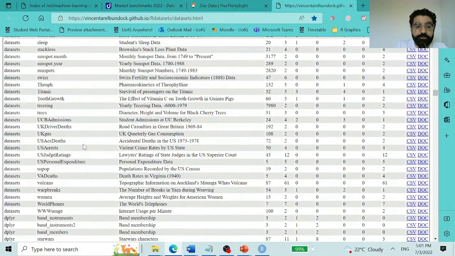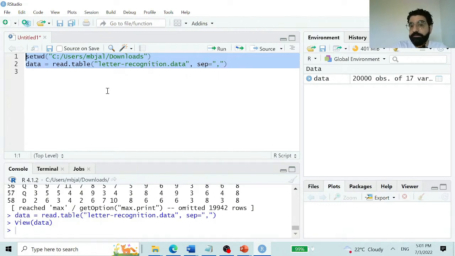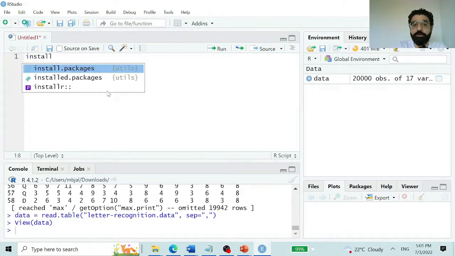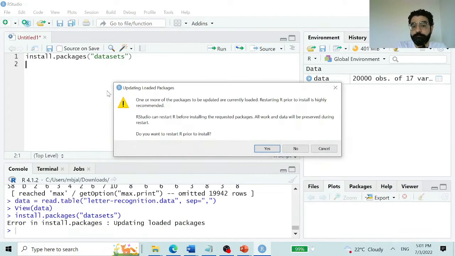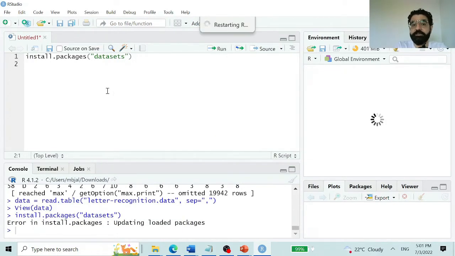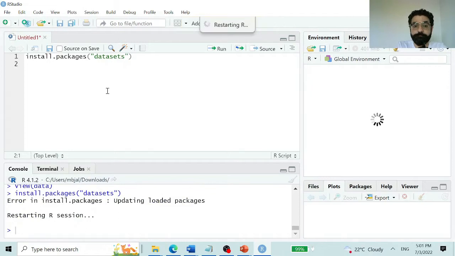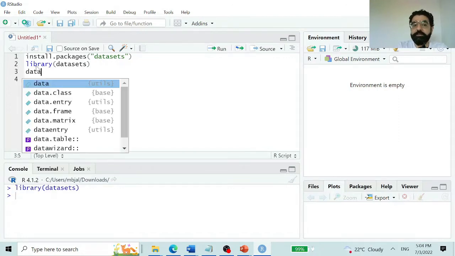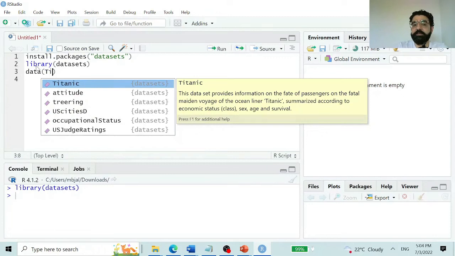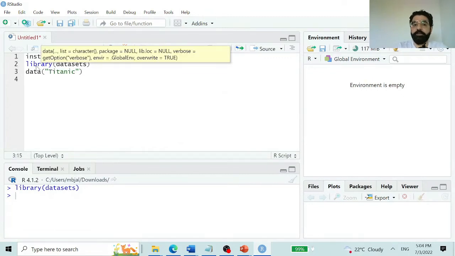So let's look into, for example, the Titanic data, which is frequently used in some research. What we will do first, if we don't have the package, is install.packages and put datasets. Datasets, of course, is the name of the package that we are looking for. So once the package is completely installed, you would load the library. So you would do library(datasets),